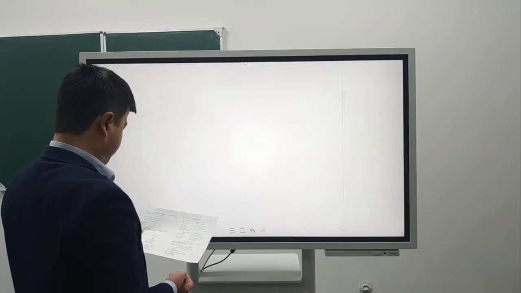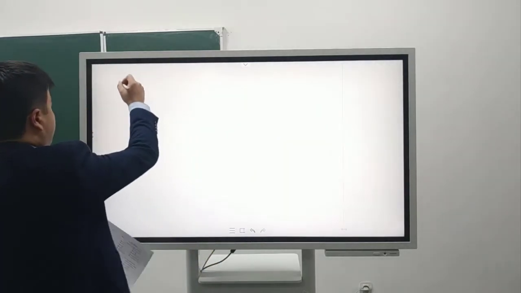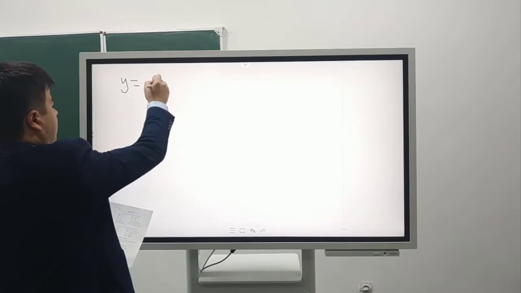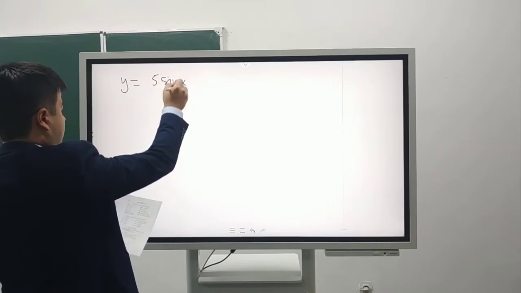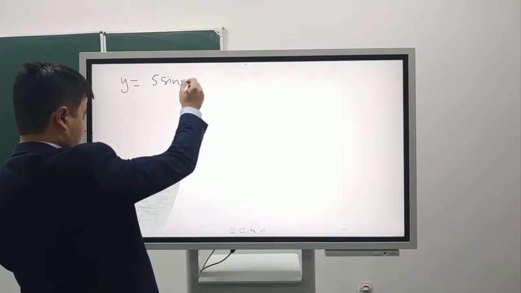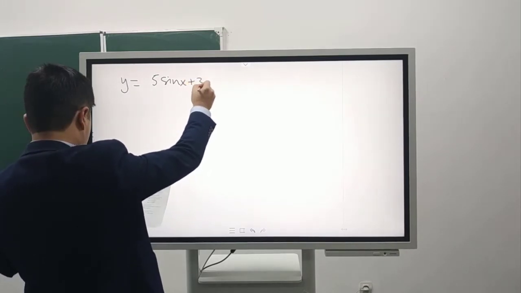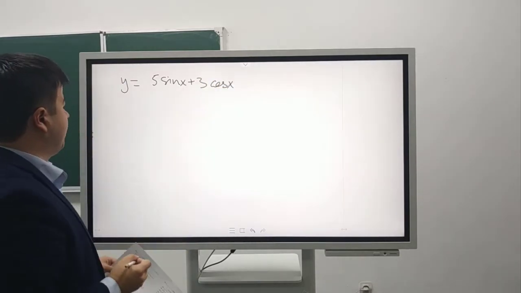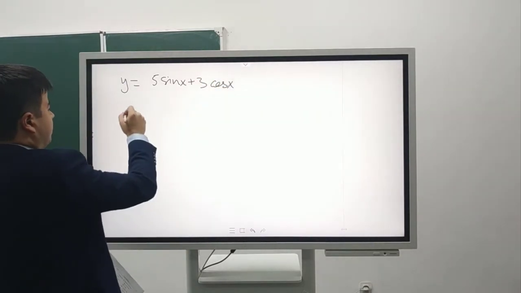So here y is equal to, for example, 5 sine x plus 3 cosine x. Okay, now the derivative of this function is